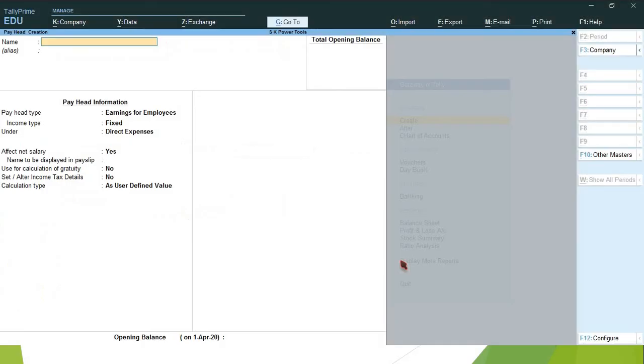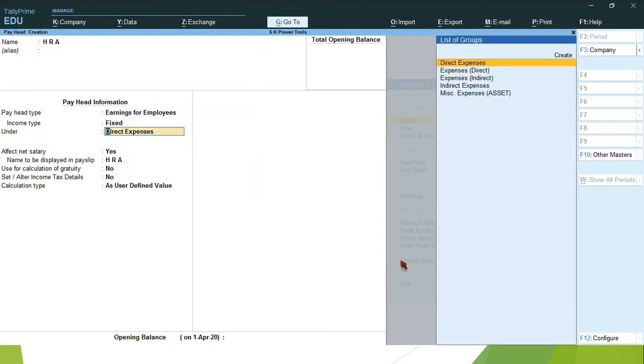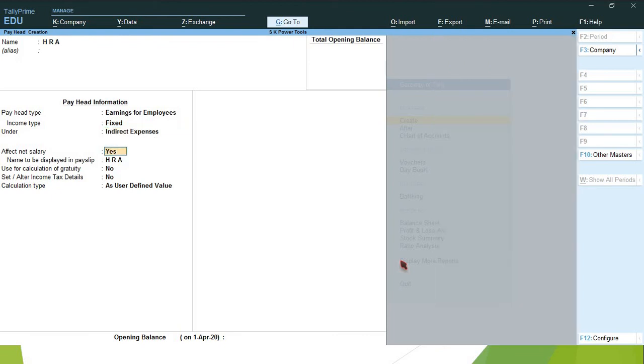DA is over. HRA, house rent allowances. This is also earning for employees, fixed, indirect expenses. Affect net salary, yes. Name to be displayed in payslip, HRA. Use for calculation of gratuity, no. Set alter income tax details, yes.